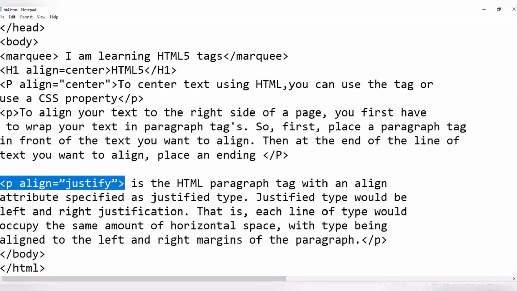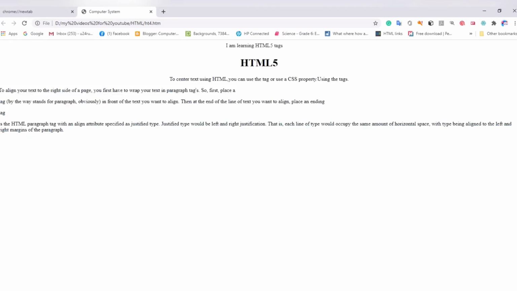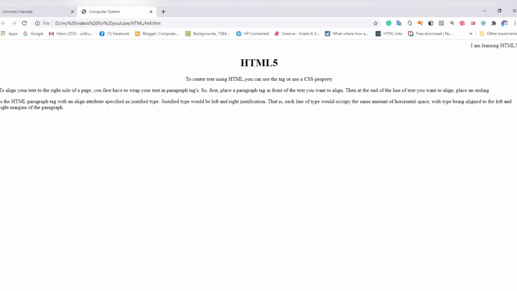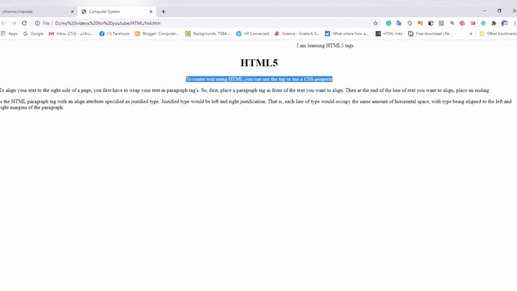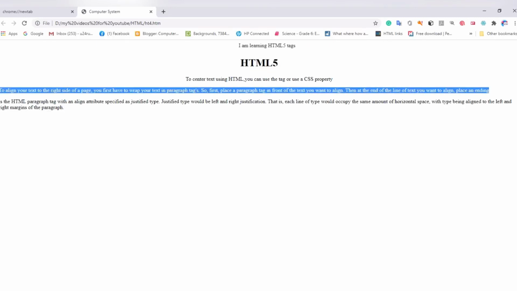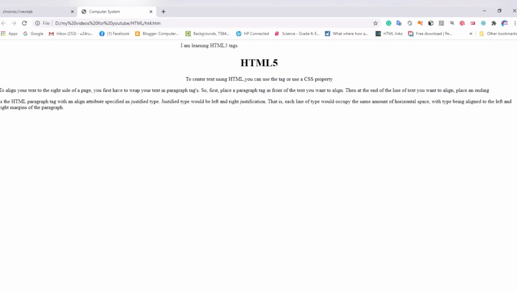What is the output finally here with us? Great. So this is a justified paragraph. And this one, I have used the center one, and this one is coming by default. So it is giving the space because I am using the p tag also with the align attribute. Clear? So I hope it is clear to you how to align this heading, and how to do the alignment of a paragraph.